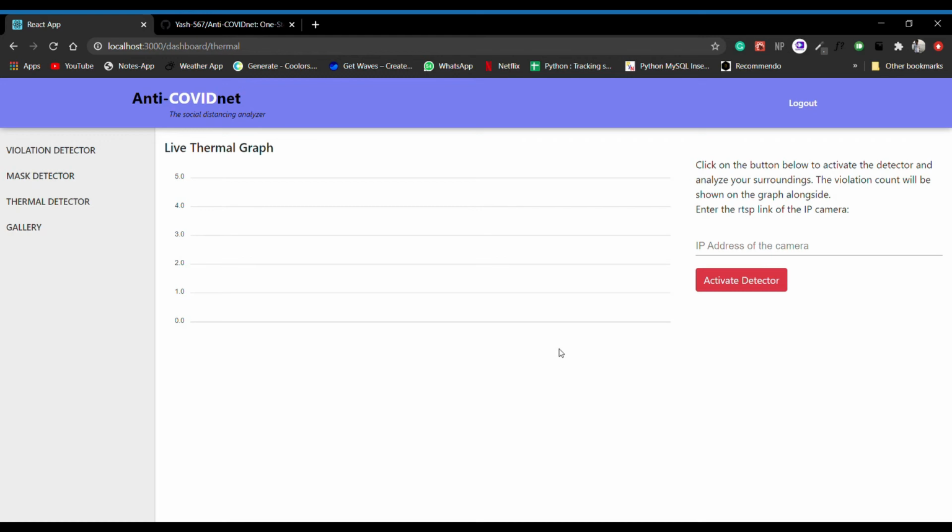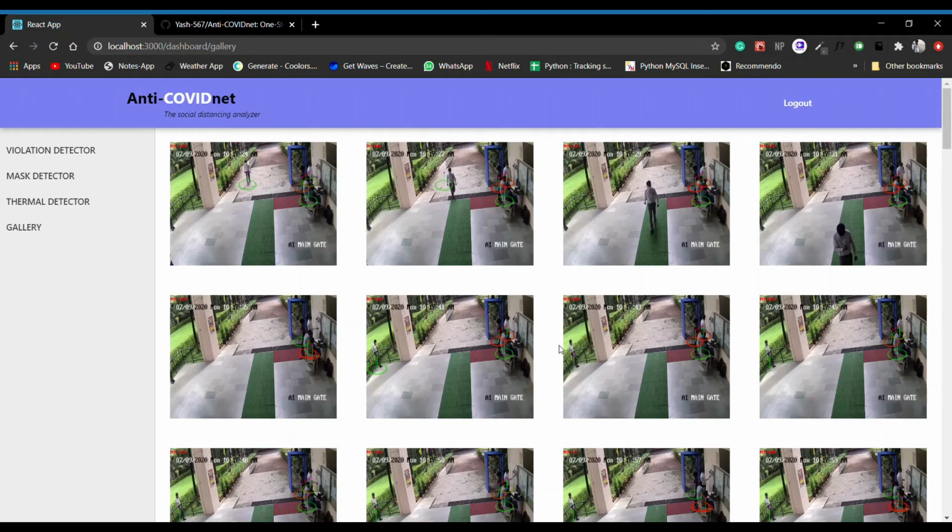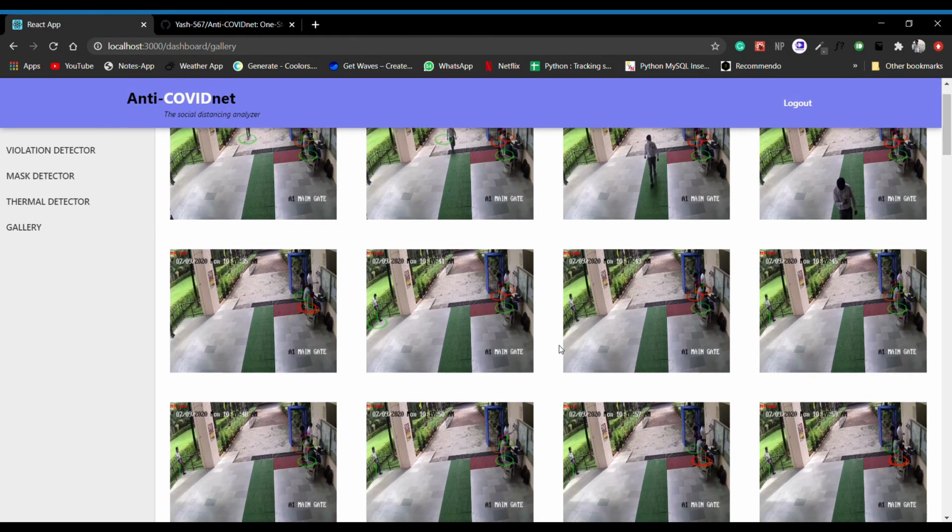The third major module is the thermal camera analysis. This can be done in real time, and we can also see a real-time graph. Due to the absence of a real-time thermal camera, we have provided a sample output image of the thermal camera, and this can be analyzed with tools to gather the output image temperature.